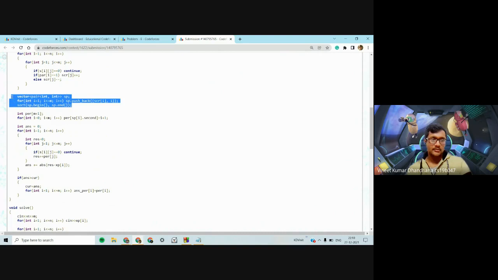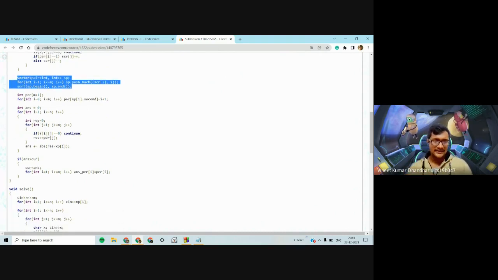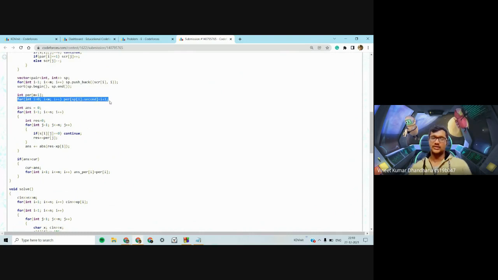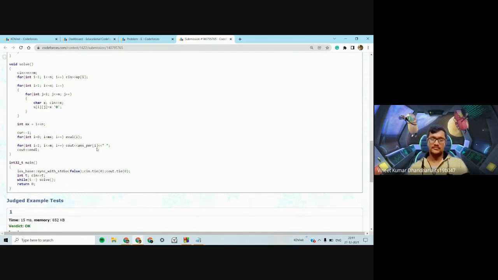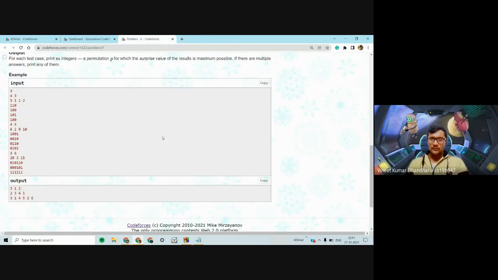You sort the problems based on their coefficient, and you assign them their points from low to high, from 1 to m, and then you calculate your resulting answer. If it's greater than your previous answer, you assign it to your permutation, and in the end you print the permutation which gives you the maximum answer. Okay, I hope the solution is clear.